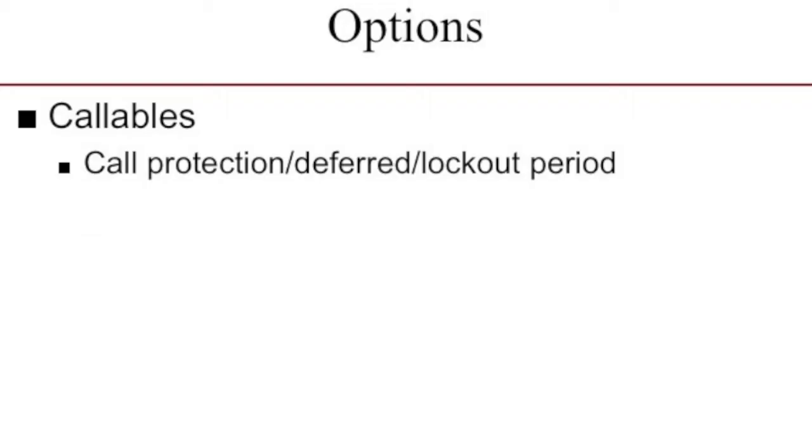So for example, a company might be issuing a 10-year bond, and we're expecting it to mature 10 years from now. In a regular bond, that would be the maturity date, and that's the end of the bond's life. But with a call option, it might well be that after 6 years since issue, the issuing company can actually buy the bond back. That would not be uncommon to have a deferred lockout or protection period. In my example, the bond cannot be called back for the first 6 years of its life.